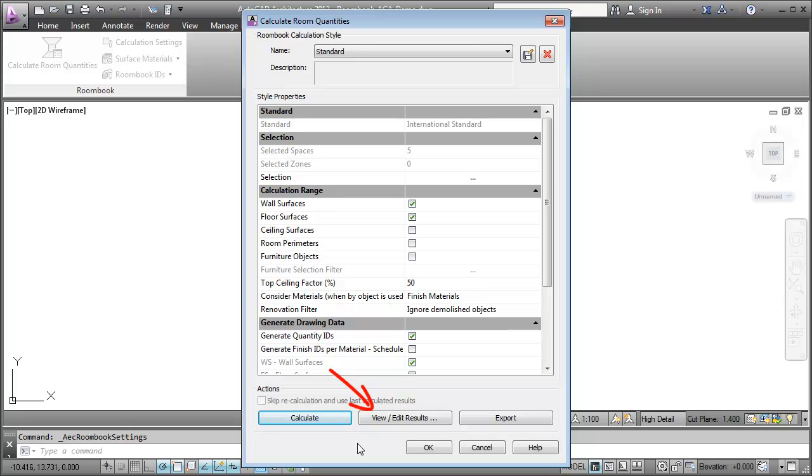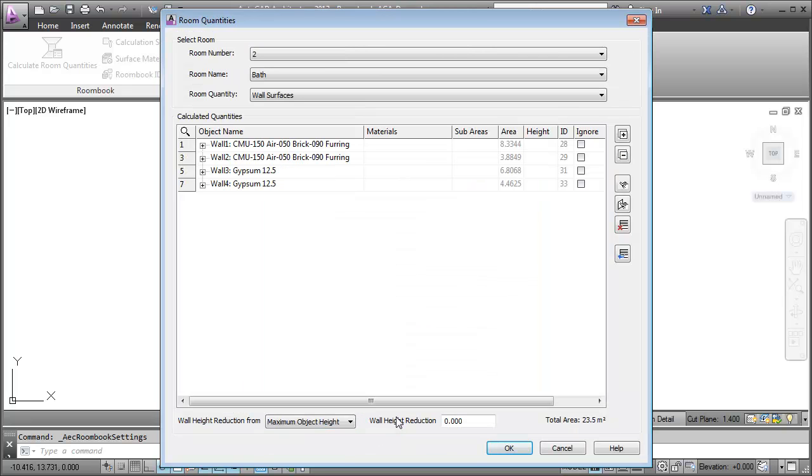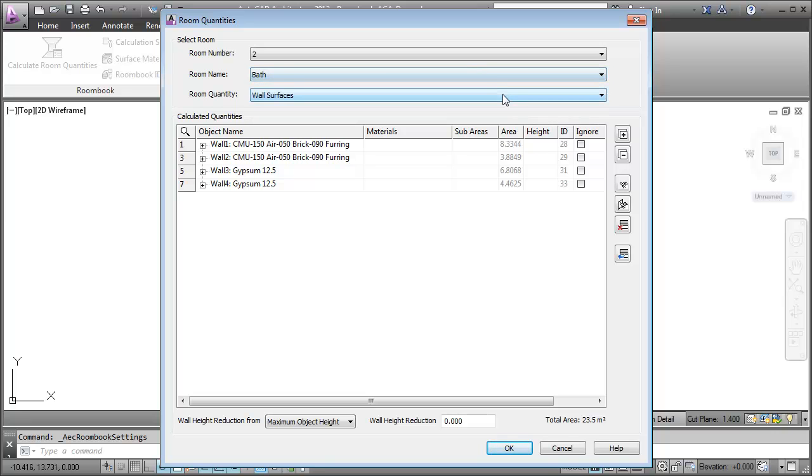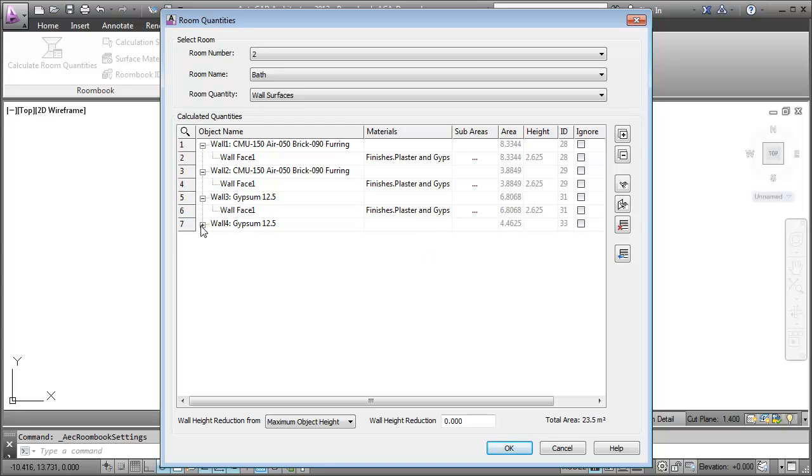Click View Edit Results, and in the Room Quantities dialog box, you can see the quantities per room, where the walls and floor areas are calculated for each room. View the results by selecting the room and the surfaces. Let's take a look at the total area for the walls, tagged as bath. In the calculated quantities, you can see the quantities for each wall and the room's total area, which is 23.5